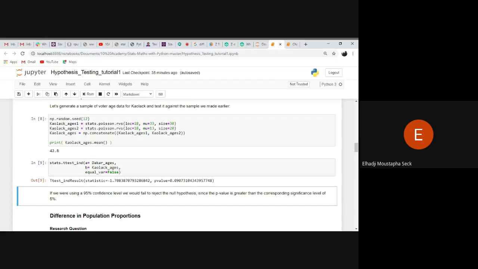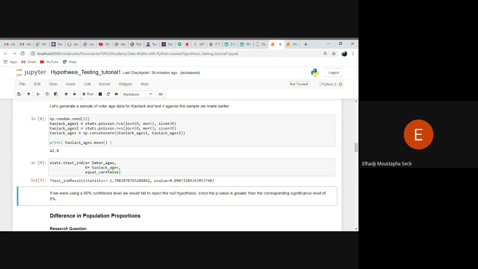So this is basically the conclusion of this test. The p-value is greater than 0.05, the significance level, so we conclude that we fail to reject the null hypothesis. That means we have to accept the null hypothesis. Also, I have to maybe